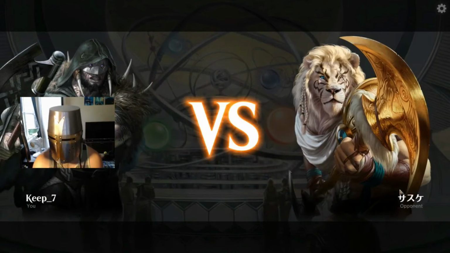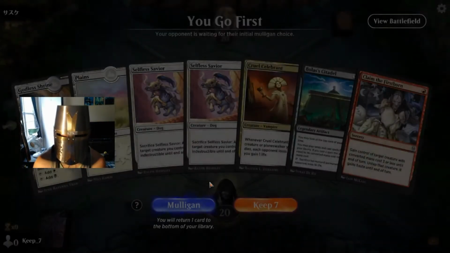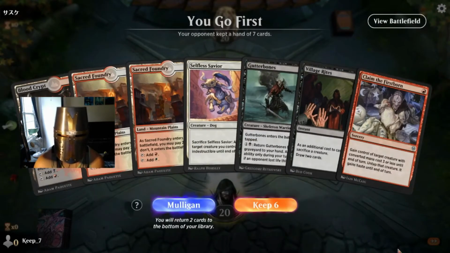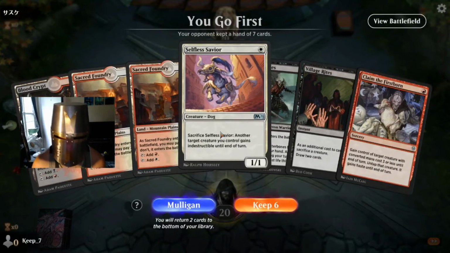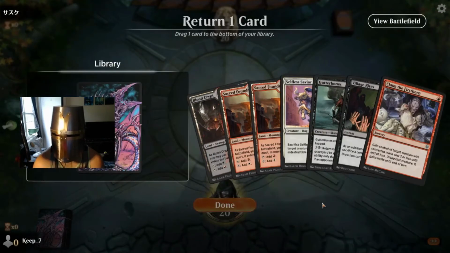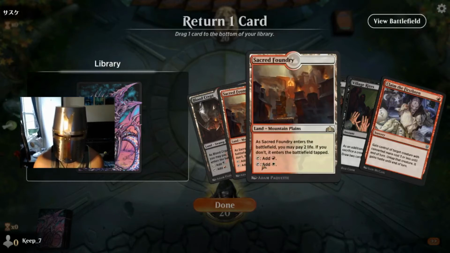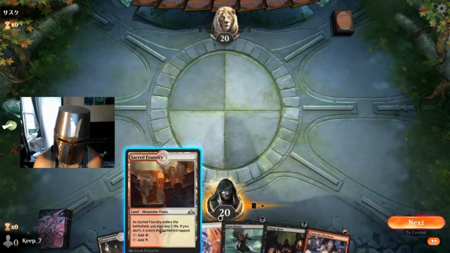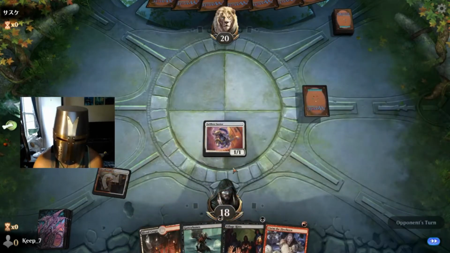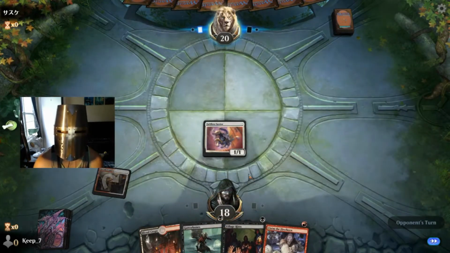Alright, our next opponent, I can't read that. Sorry. I don't know what that says. This is like good. But I don't love it. I might cut Selfless Savior down. We're drawing way too many of these, if I'm being honest. Drawing way too many of those. Probably should have started with Gutter Bones, but...